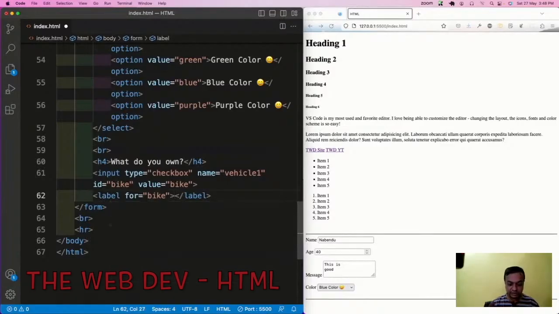The for and the id should always be the same. So I have this bike, and